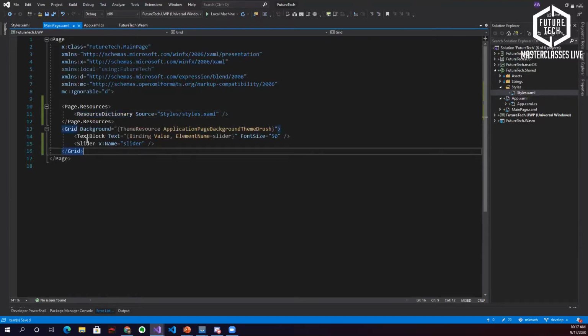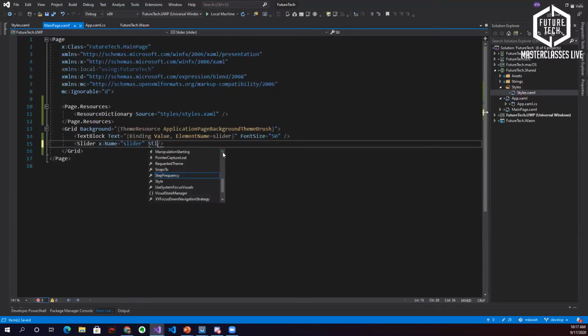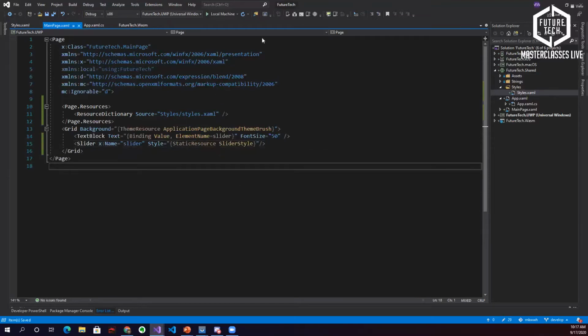Perfect. All right, now we need to set the actual style of our slider, not step frequency. That's not what we're doing. Style to a static resource of slider style. Awesome. All right, let's run on UWP again and see how much the colors make it pop.